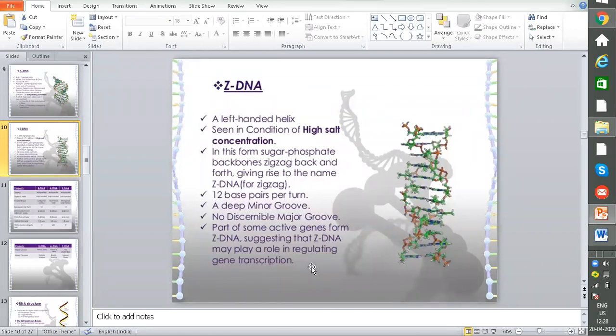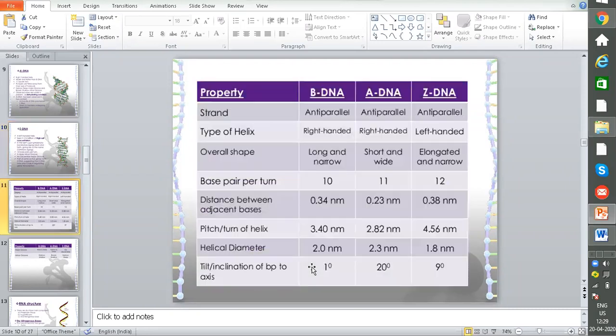So what does gene transcription mean here? The DNA has genetic information, and the information will be transcribed, that means copied, by mRNA, and it is sent to the ribosomes, and the information will be useful for formation of proteins. So transcription is copying of genetic information from the main DNA. That's called transcription. Here, zDNA will be useful in the gene transcription process.